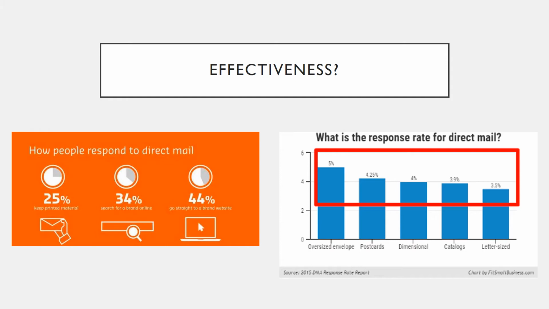But when considering the effectiveness of direct mail itself, keep in mind, as I said at the very outset of this section, that most people hate this as a method. So how people respond is very, very low in terms of actual behavior change or interest in the marketing communications. You can see on that right-hand side figure, the response rate for direct mail only averages around 5%. 5%, that's very low. And for some other methods there, you can see it's even lower. So keep that in mind as you go through this method.